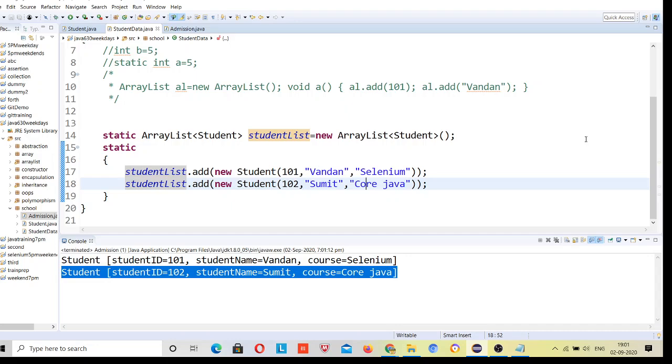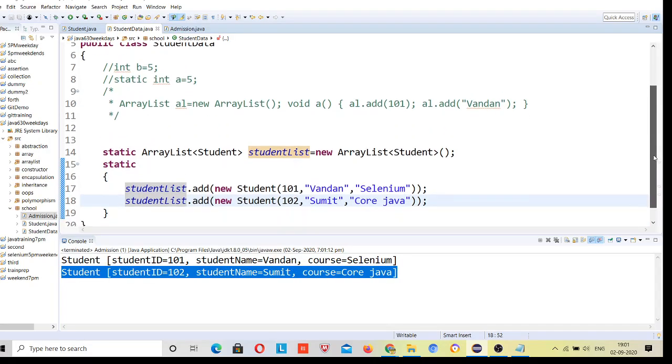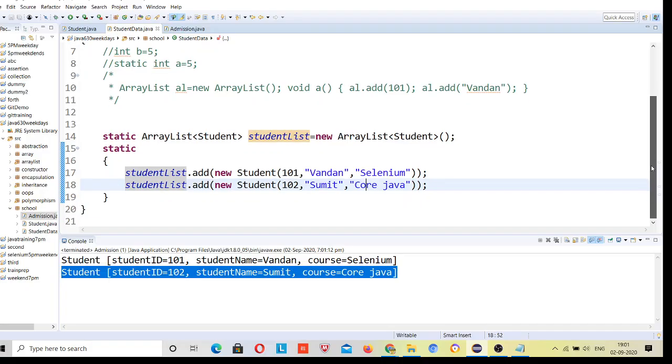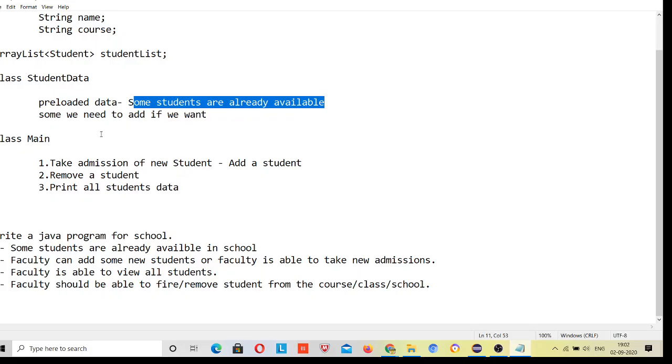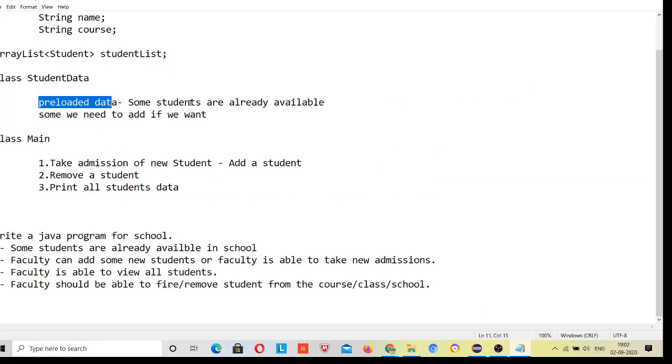Student data class. Actually, go to the requirement. Let me first run this program. The requirement is that some students should already be present, right?